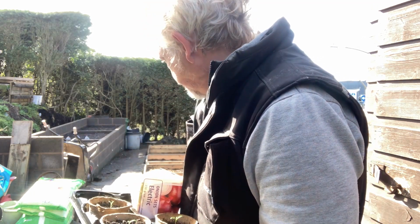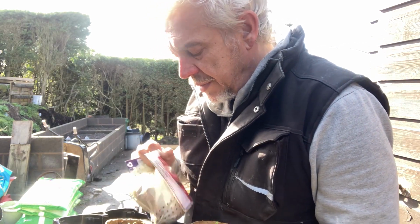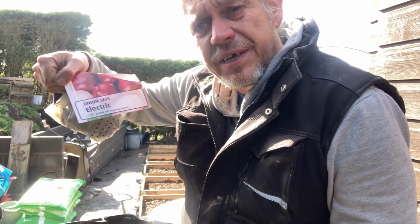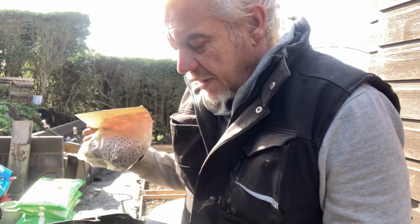So I'm going to spread out the homemade compost evenly so it's all the same depth in the beds, and then I'm going to top it off with this shop bought Irish moss peat compost, and then I'm going to sow some red onion sets, variety Electric. Now I did sow some red onion seeds. I sowed Red Baron,